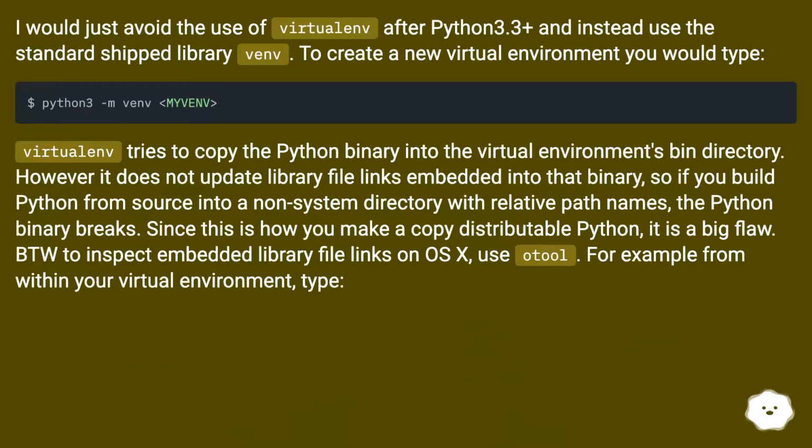I would just avoid the use of virtualenv after Python 3.3+ and instead use the standard shipped library venv. To create a new virtual environment you would type: